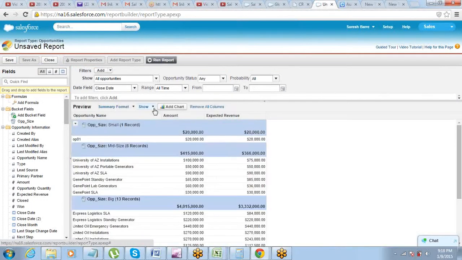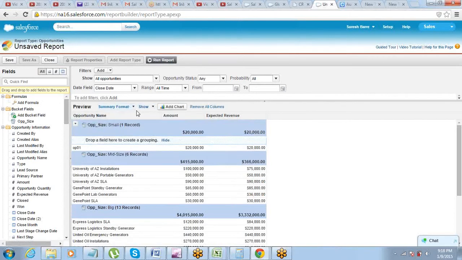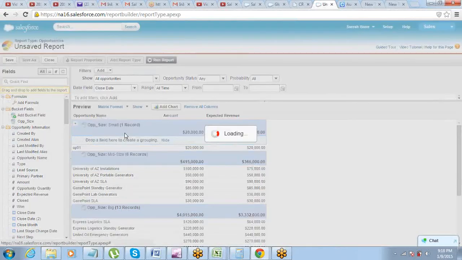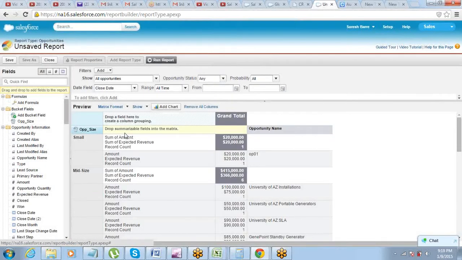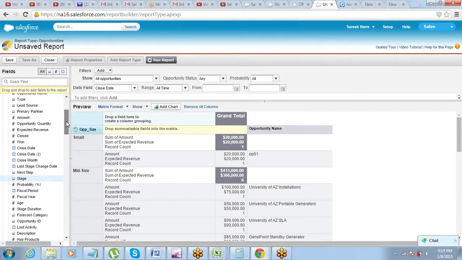So let me put the details and also put the drop zone. If I am further required to summarize it on one more axis, let's say the company wants to summarize the data based on the size of the opportunity as well as the stage. So you cannot do with the summary format, you have to make a matrix format report here. Let's create a matrix format. Now the moment you create a matrix format report, you will see that there are two drop field options, 1 and 2. So this one is basically for these rows, and you can put one more field for grouping, that will be for vertical columns.